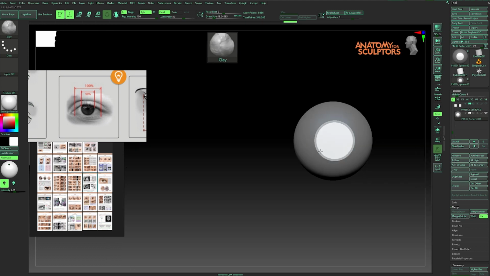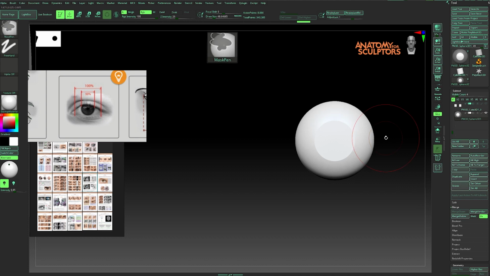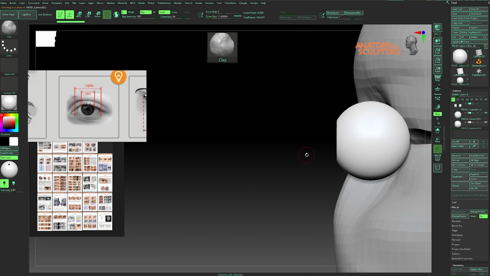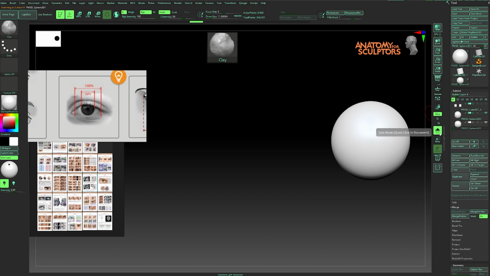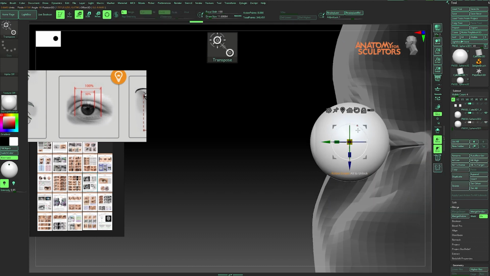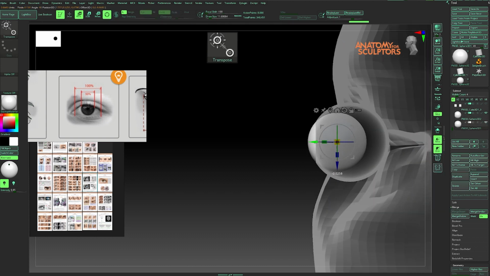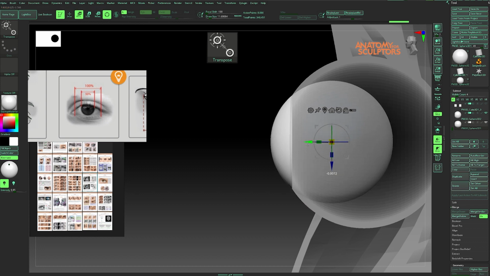Then reverse the mask by holding Ctrl and clicking outside of the model on the canvas or on the viewport. Then I smooth the iris area to make it flat. Then I duplicate the eye subtool and undo the iris flattening on the main eye subtool because I forgot to duplicate the eye and then flatten the iris. But for you, just duplicate the eye and then flatten the iris of one of the eyes. I mean one of the subtools, not one eye.